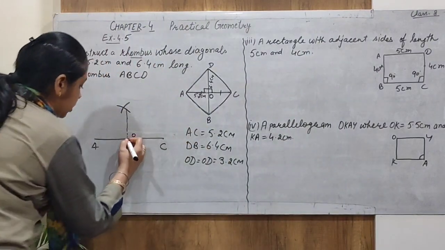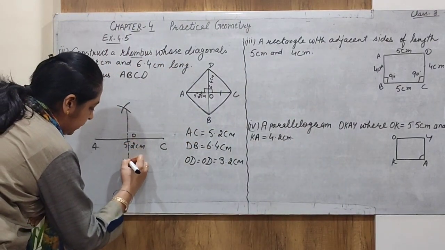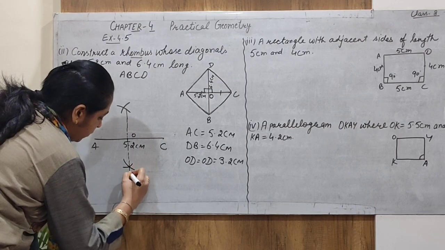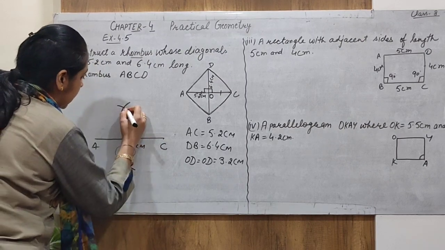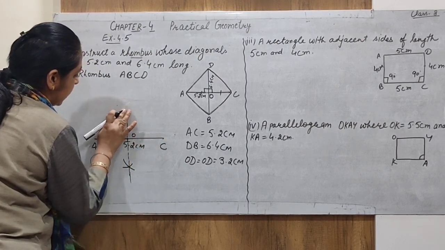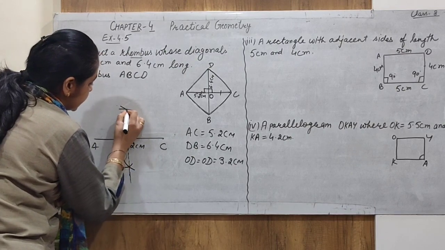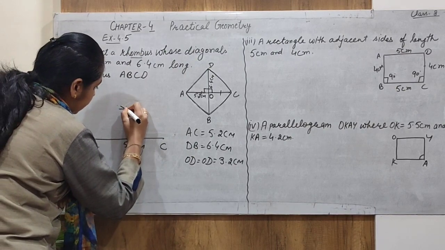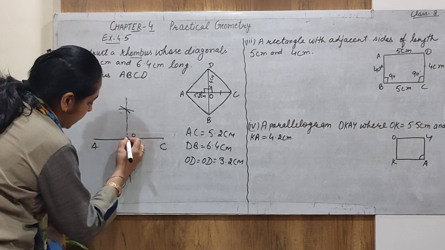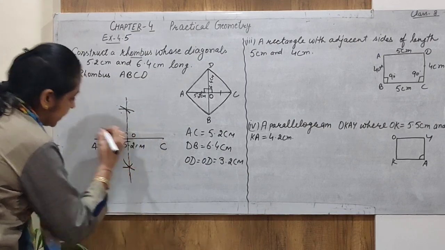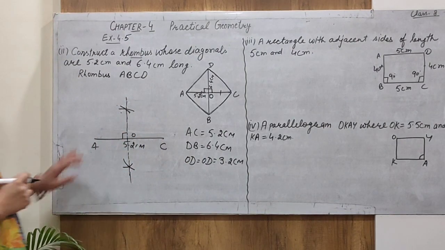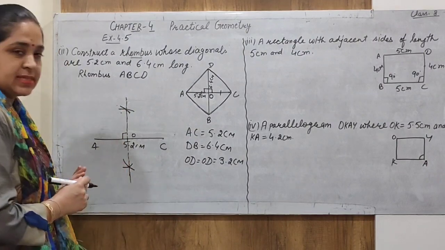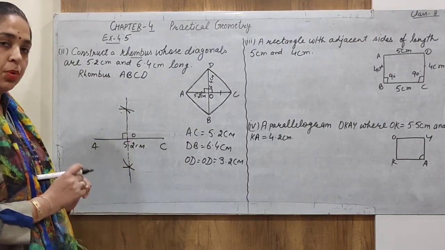Now we can draw a dotted line, then we can select a complete line. When you draw with the help of the compass and complete measurement, these arcs are exactly at the center. So this is the line we get, that is a perpendicular bisector. Now this angle is 90-degree angle. So we get a perpendicular bisector with the help of these 2 points.